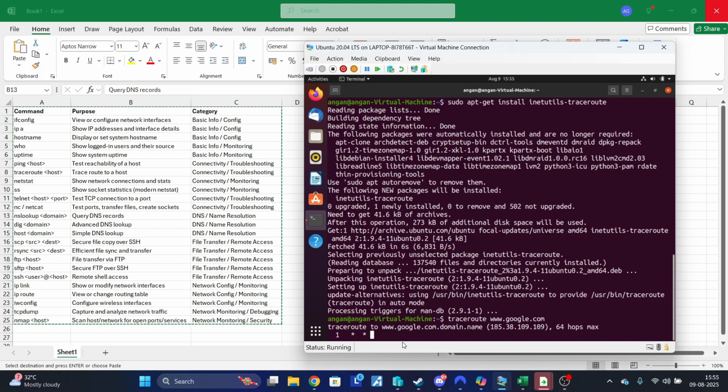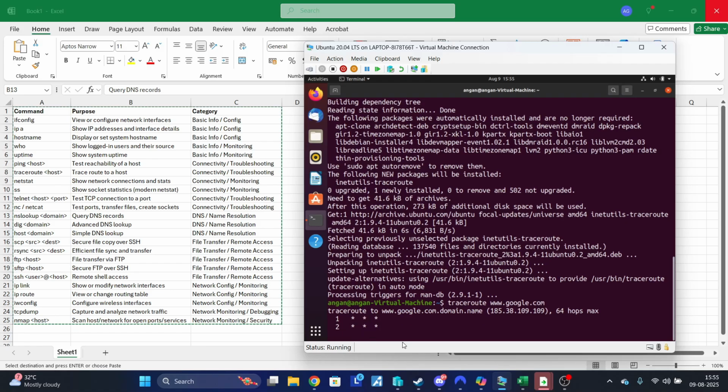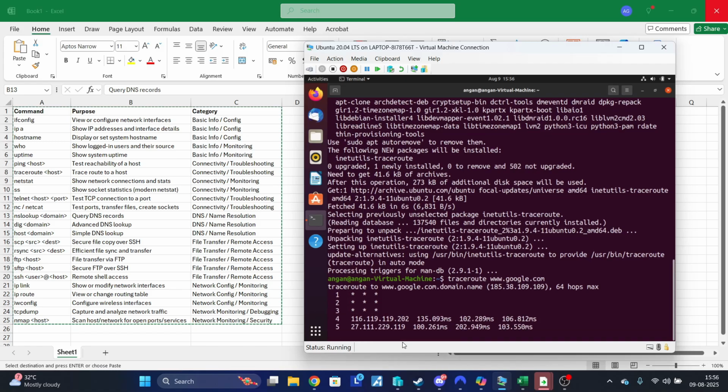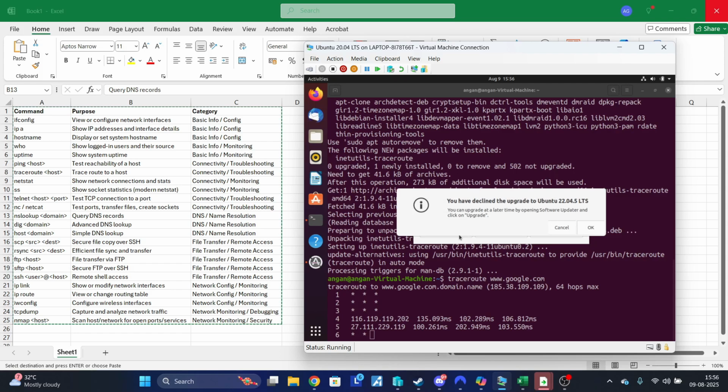So it says 1, 2. It went into the first server, then into the second server, then through the third server. The third server is receiving a packet and sending it back, right? So that is basically